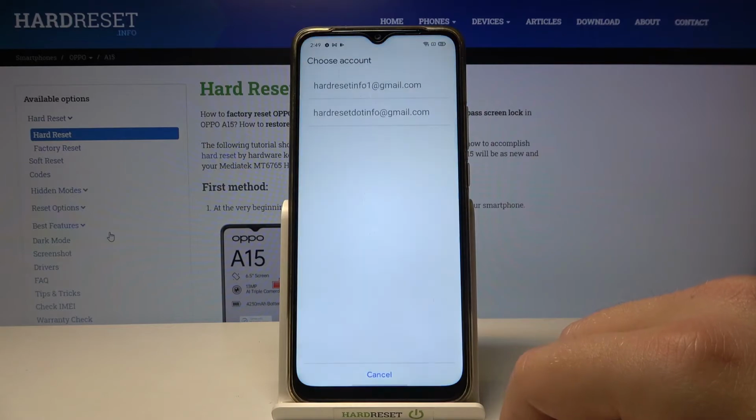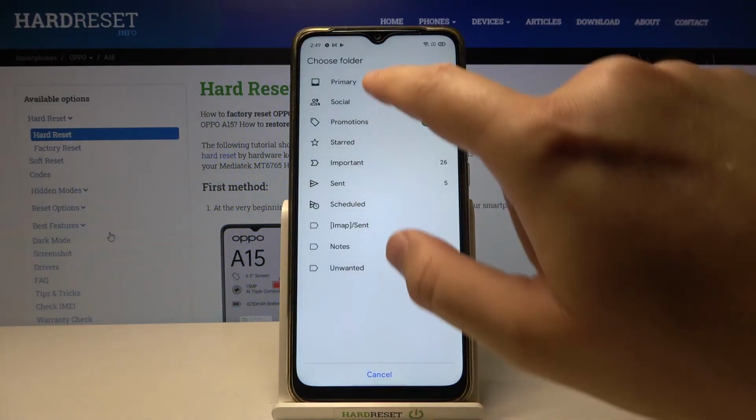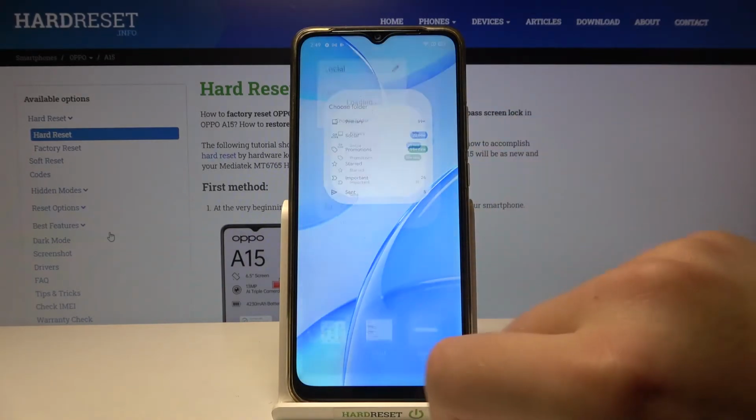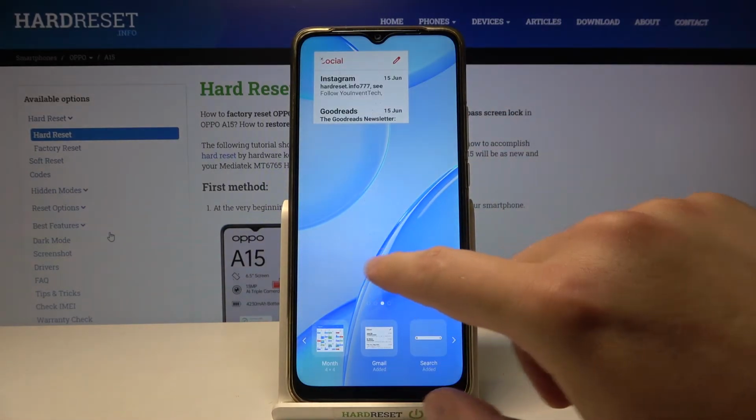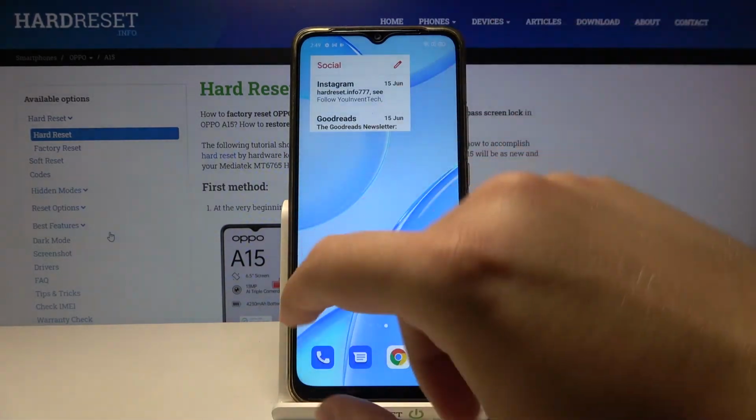So drag it like that. I'm choosing the first account and I want to get the social information. And as you can see, here we got our widgets on the home screen, and of course you can move